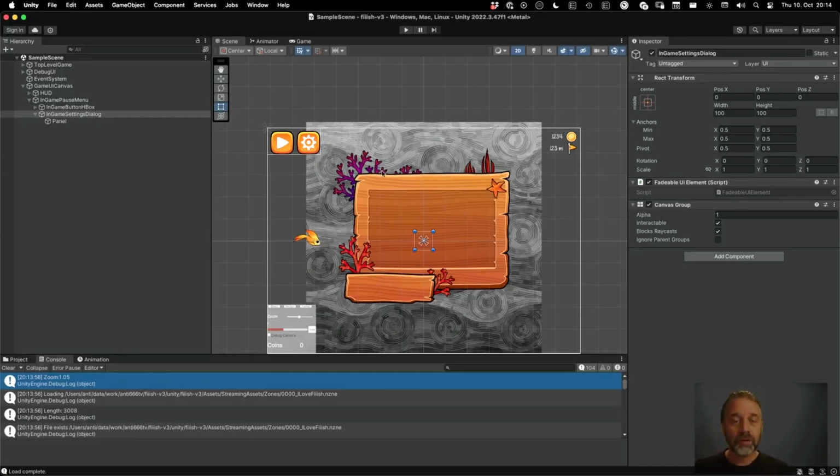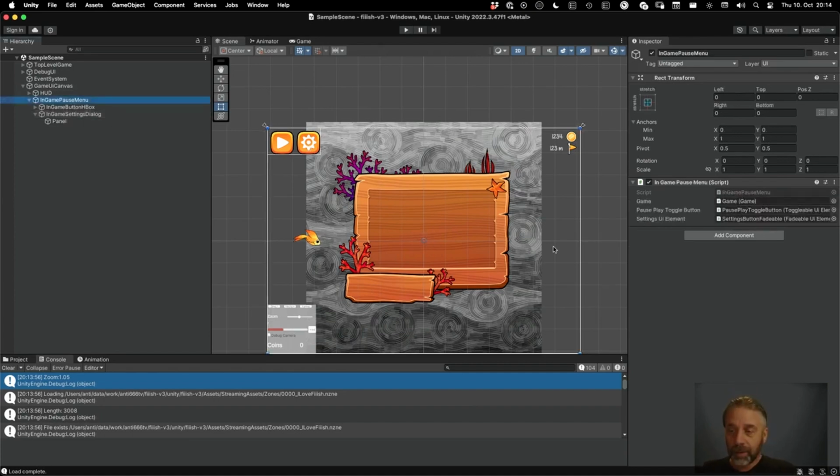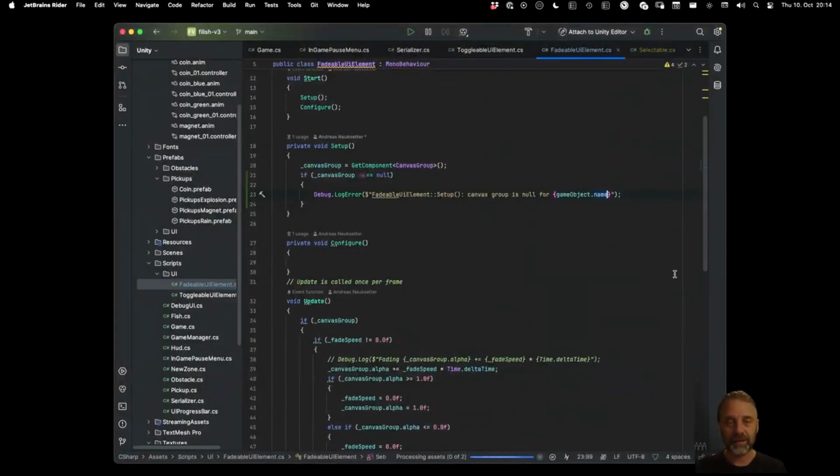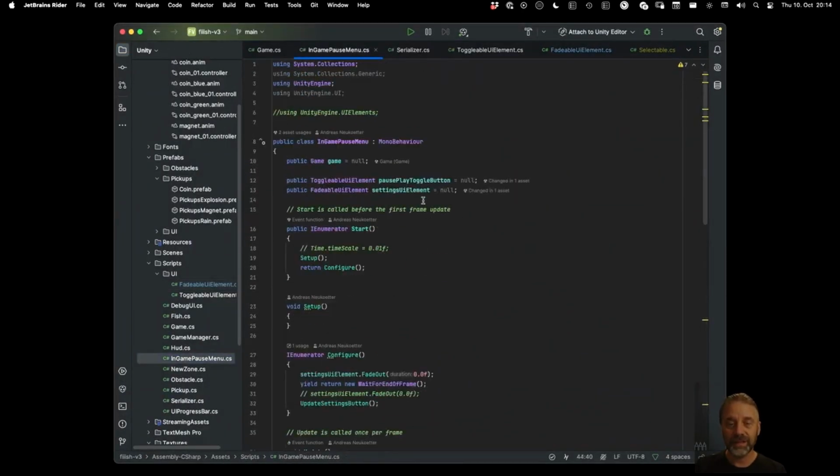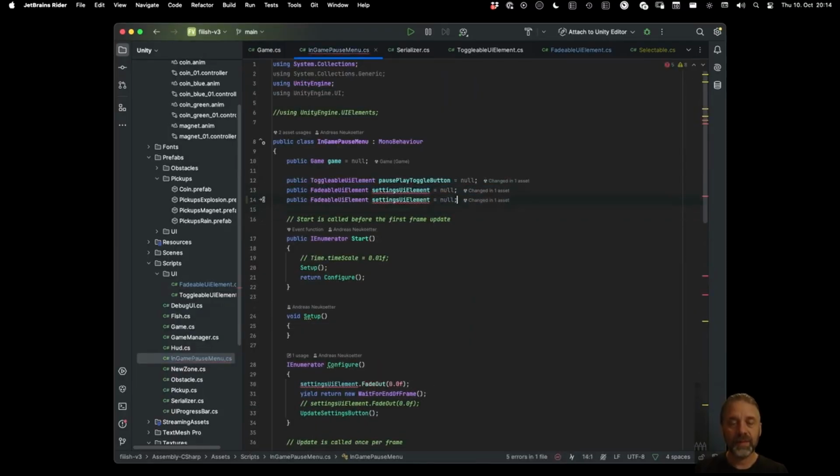Let's hook up that panel so it's connected to the settings, right? So the InGamePause menu will know the in-game settings dialog, right? And that is a fadeable, nothing else, right? So that is a settings dialog, right? And that is toggled by